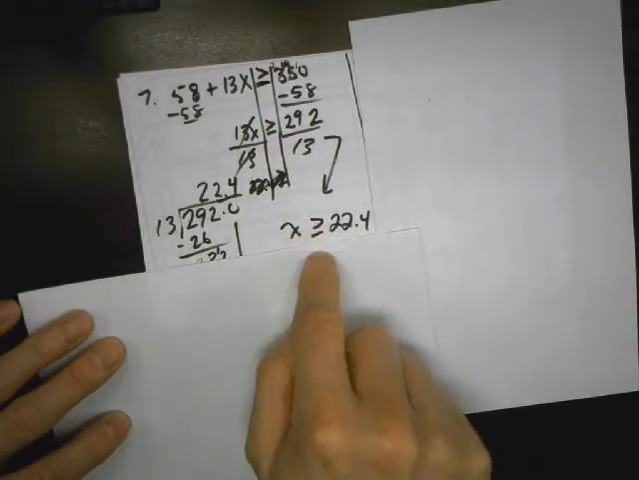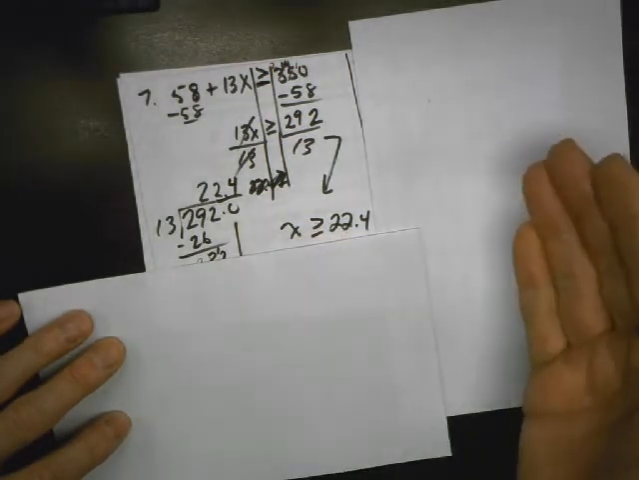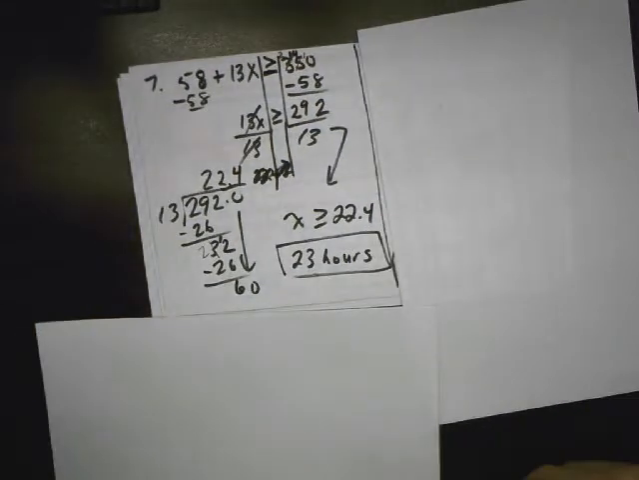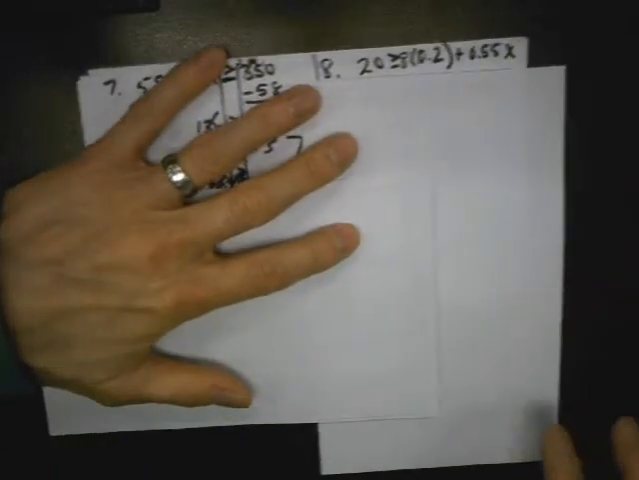So it's got to be greater than or equal to 22 point whatever. We're going to round to the nearest hour, so we're going to have to round up to 23 hours, okay? All right, so number 8 says,